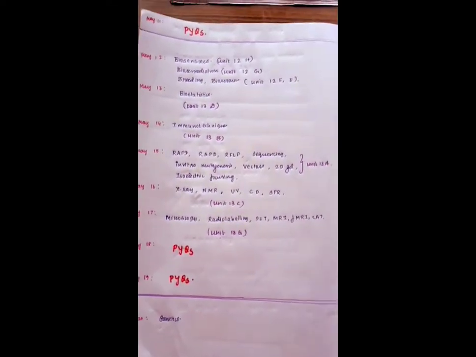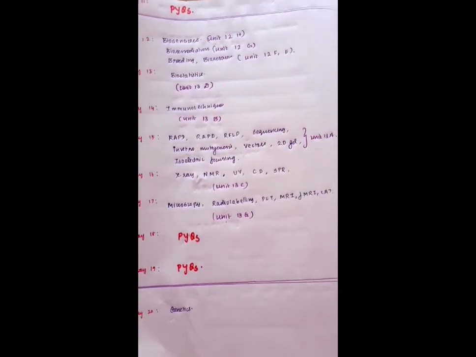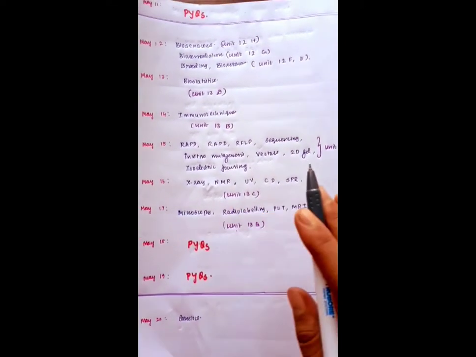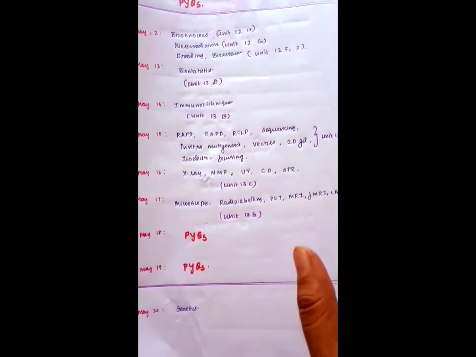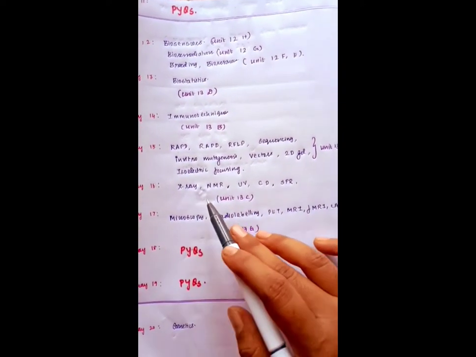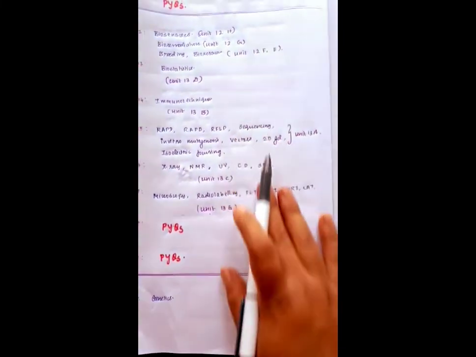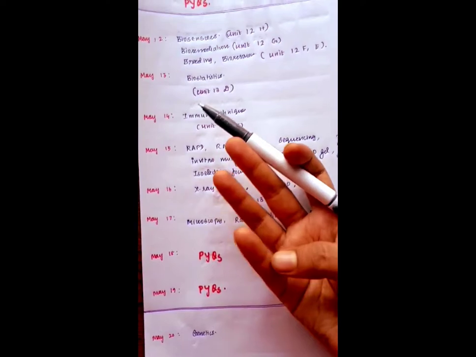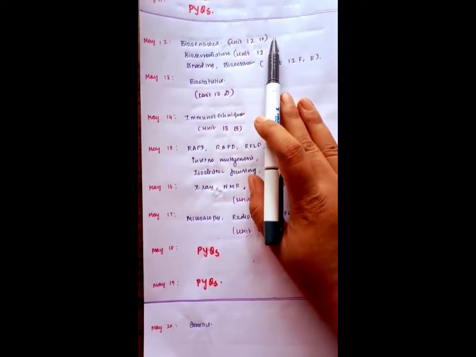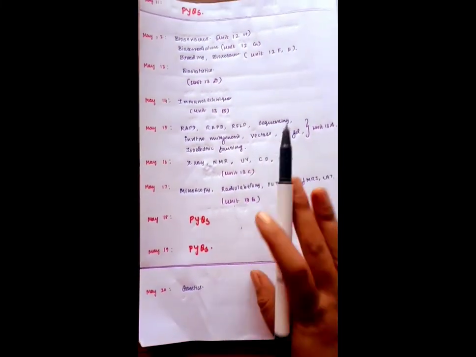These are such that if you open Wikipedia itself, it will give the information you want. You need not sit and study each technique. If you take microscopy, you should know which microscope is used for which particular thing. If you take X-ray, what is the application of X-ray? You need to study only the application, friends. These are the things you should study. For immunotechniques, your ELISA and radioimmunoassay, you can refer to Cube Immunology. So you have to devote only 8 days to prepare unit number 13 and unit number 12.